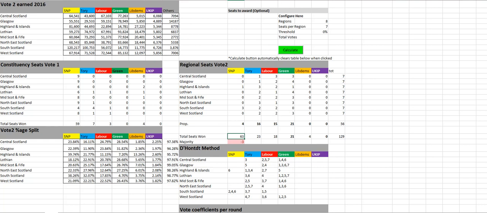as you can see. The reason for that is that in my calculations, I haven't made any adjustments. I said I'd taken 50% off, but I haven't done that for the Highlands and Islands and for the South of Scotland. I've left them clear because the SNP had seats there anyway. But in terms of seats, the Greens have now racked their seats up to 21. The majority for the SNP has stayed the same because they won the same number of seats, 63, so that's not changed. The Indie majority has gone up